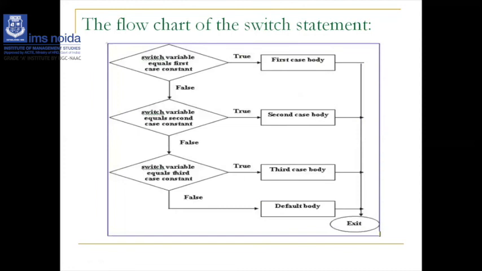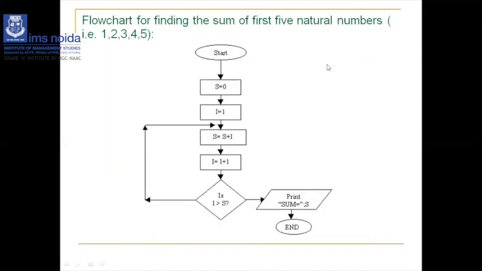And it is the case of switch case whenever we have multiple conditions. So case 1 true, it will execute the first case body. False, it will check for the second case condition. True, execute the second case body, and in this way it will show all the cases, though there is no case of looping.